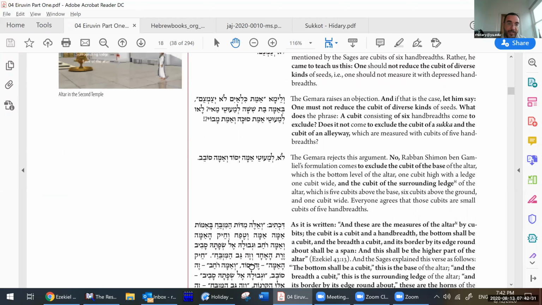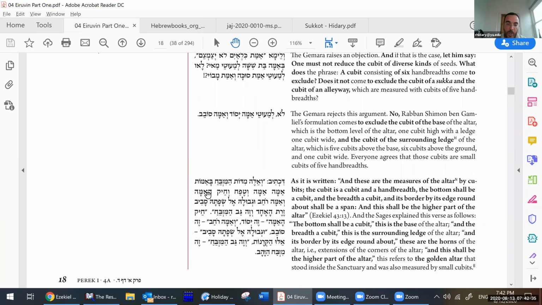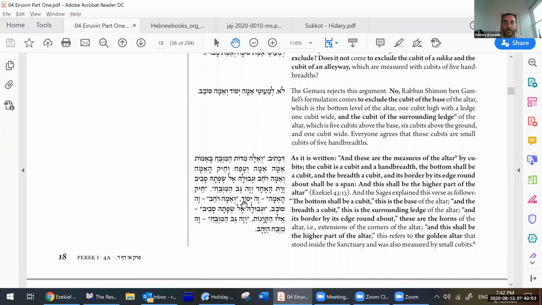And the base of this, right over here, is going to be 1 amma by 1 amma. We'll see what size. And also the border around it and the higher part. So what are all these things referring to in this pasuk? The first thing is talking about that bottom layer, the foundation. And then there's an upper part, and